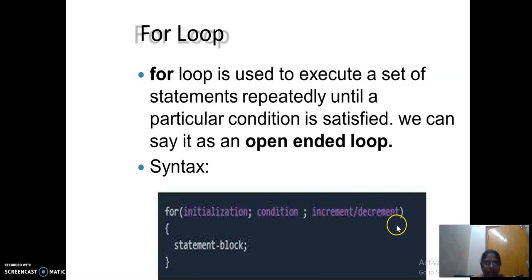Increment or decrement also you can do, but those two should be done with the help of a comma. That means you can have multiple initializations and increment or decrement operators in a for loop, and all that should be separated by a comma. After completion of all the initialization, semicolon, and after all the increment and decrement, you will close the bracket.